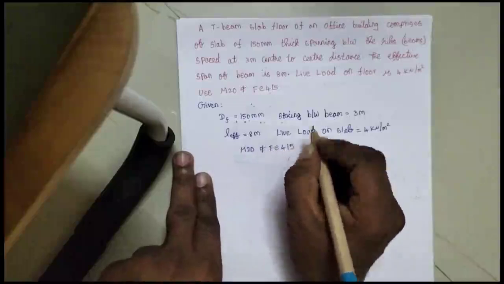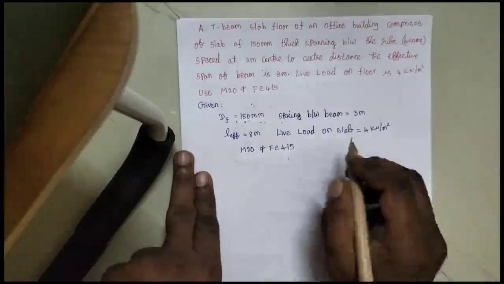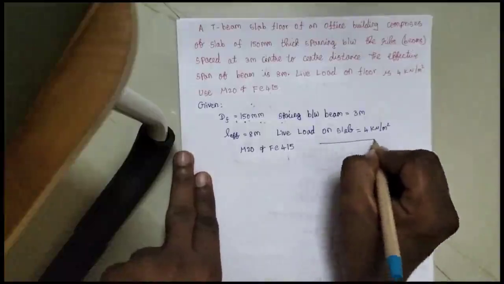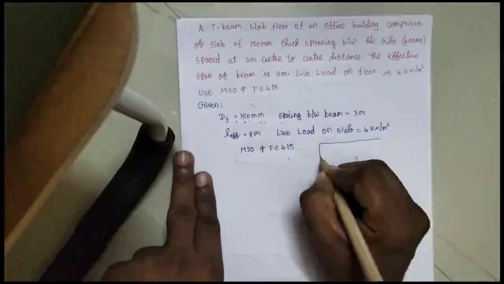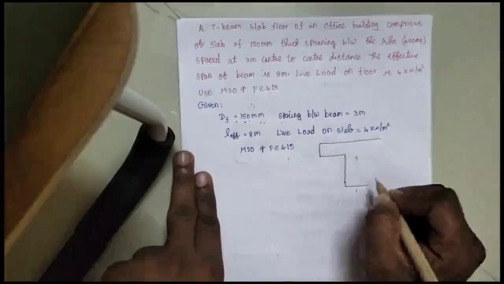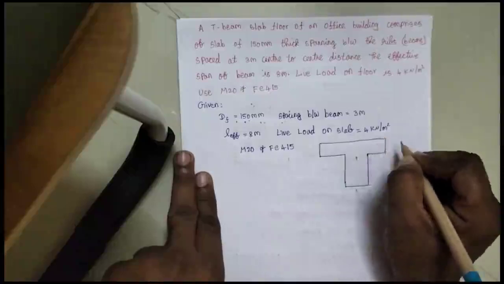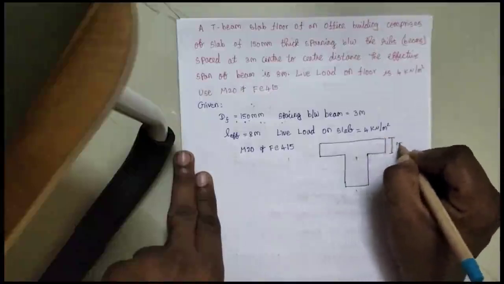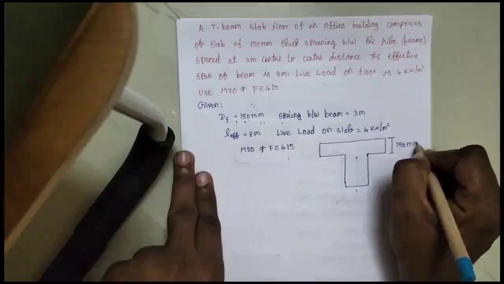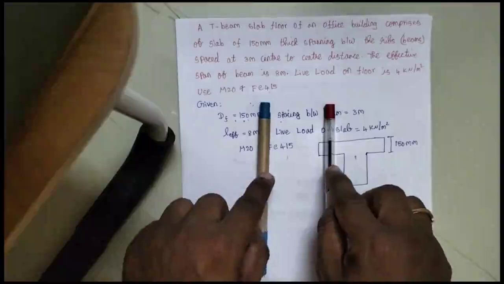So while you are solving a flanged beam, always try to draw the diagram. First we need to draw the T-beam diagram. They have given the depth of the flange as 150 mm, and I don't know the depth of the beam, so I am simply drawing a certain depth. So this depth is 150 mm, and they have given the beam to beam distance. So let us consider these two are the beams,